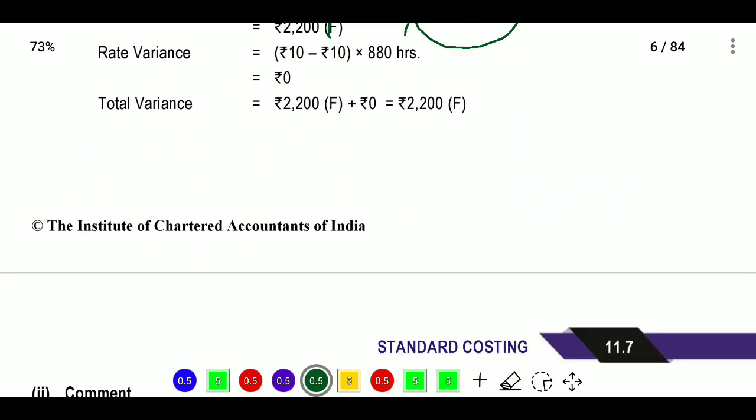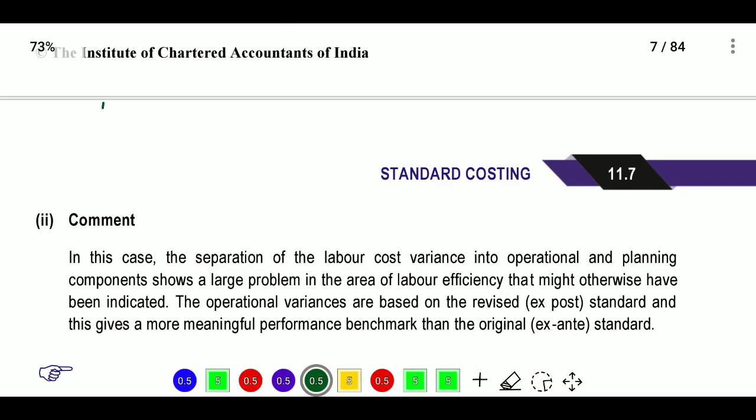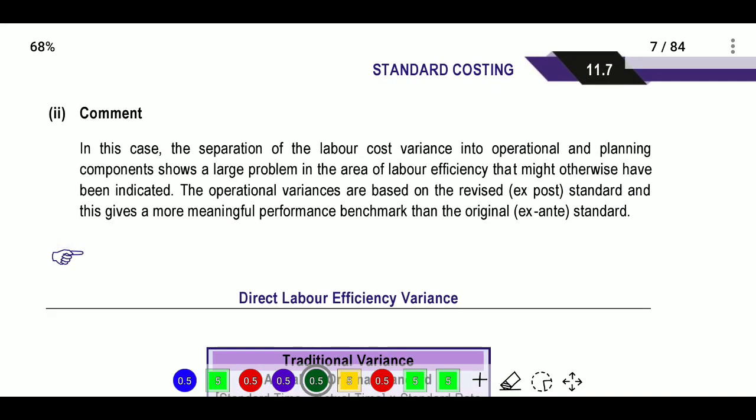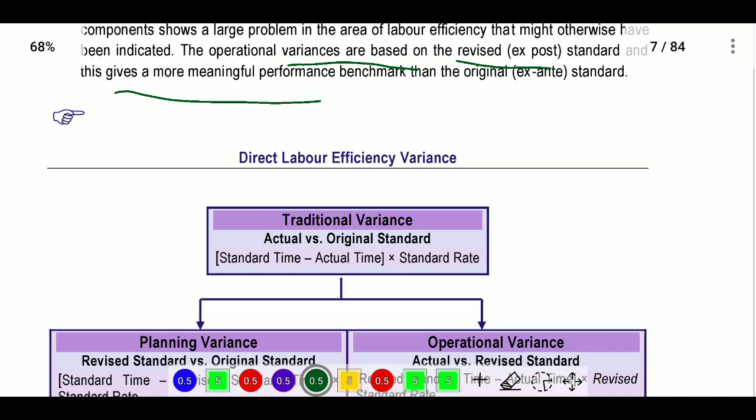So we will change the hours. In case of material we have quantity, in case of labor we have hours. That is the change, nothing else was changed. Here we have provided one comment: in this case the separation of labor cost variance into operational and planning components shows a large problem in the area of labor efficiency that might otherwise have been indicated. The operational variances are based on the revised ex post standard, and this gives a more meaningful performance benchmark than the original ex ante standard. So we will take the revised